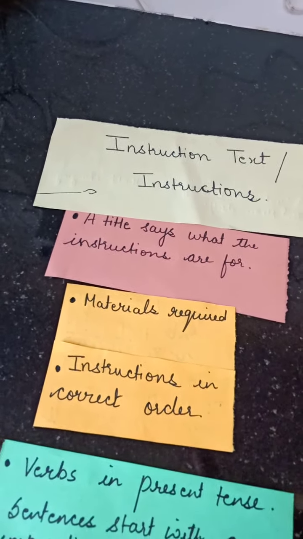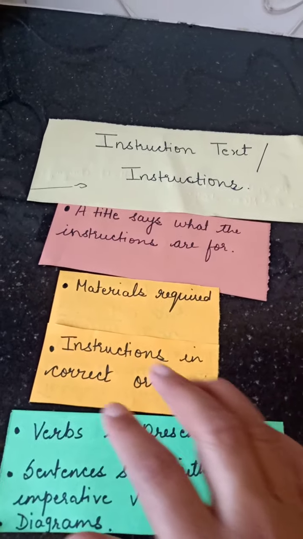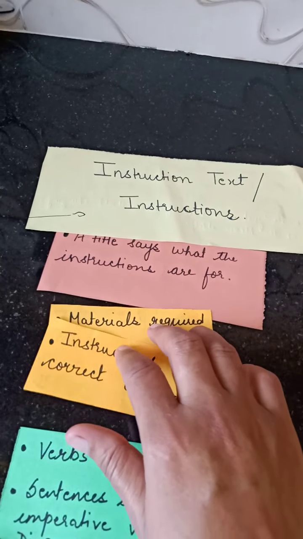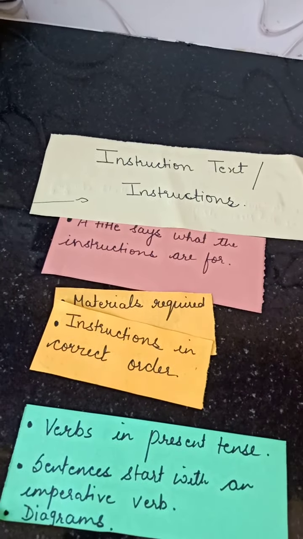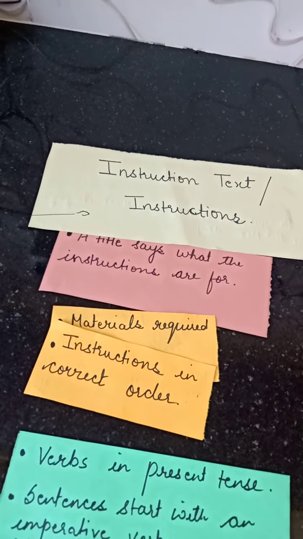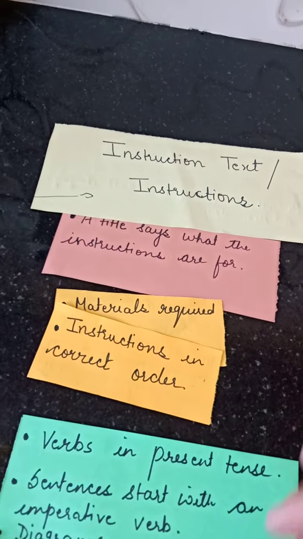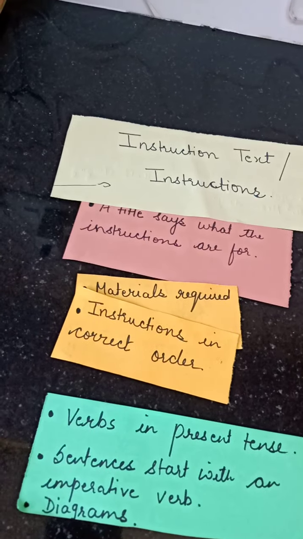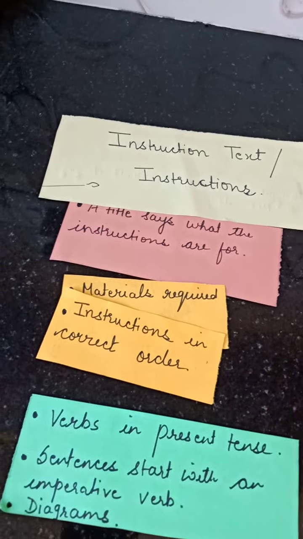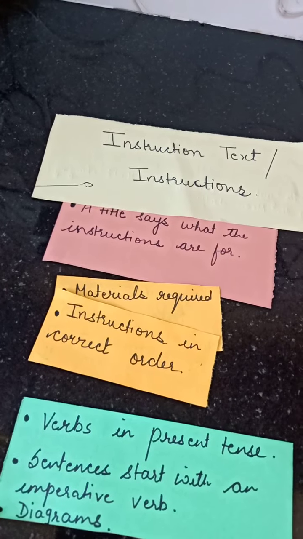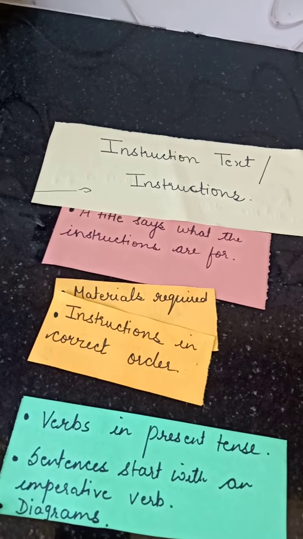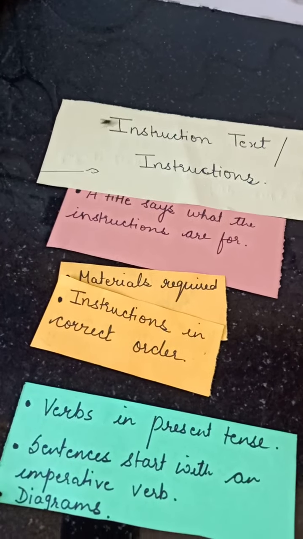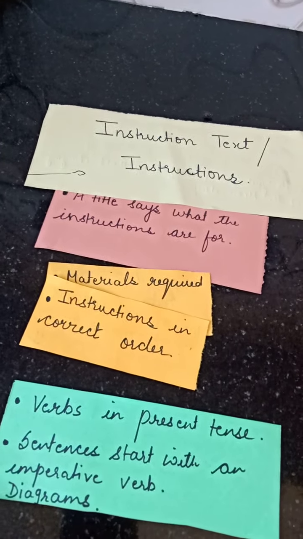All right, children, so this is an activity. I want you to do it as soon as possible, because there's nothing much about it. You know how to write instructions by now. We have been discussing it for a long time. So I want you all to complete this activity by Tuesday. You can complete it by this Tuesday, which is tomorrow.